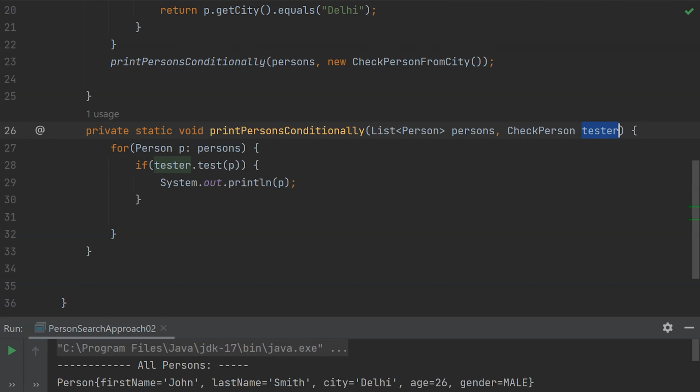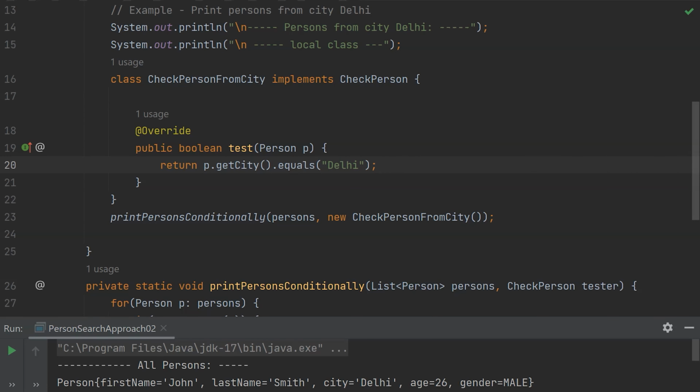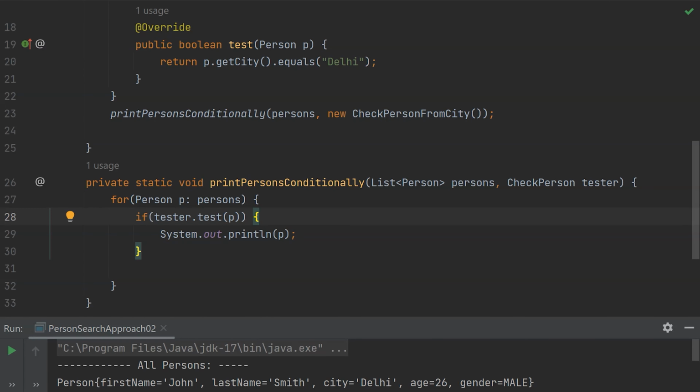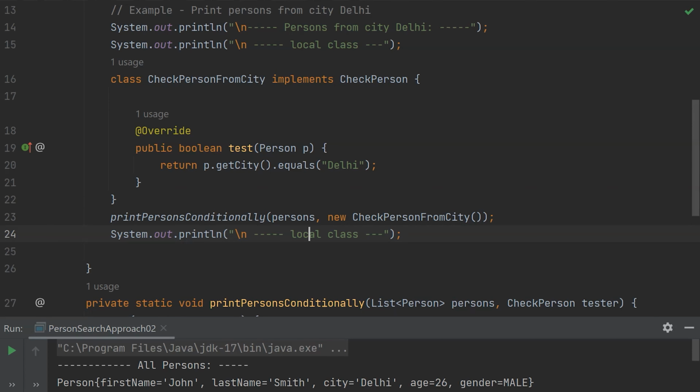the testing is implemented outside the method. You're passing it from outside. Instead of a local class, we can use an anonymous class. So let's do that. Anonymous